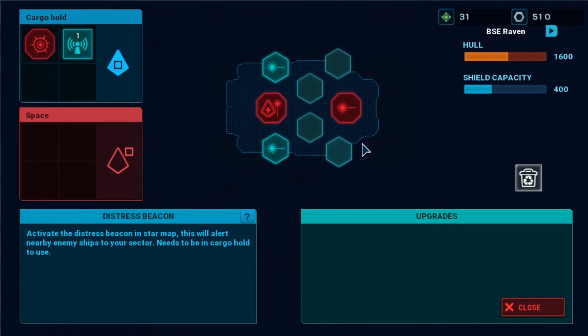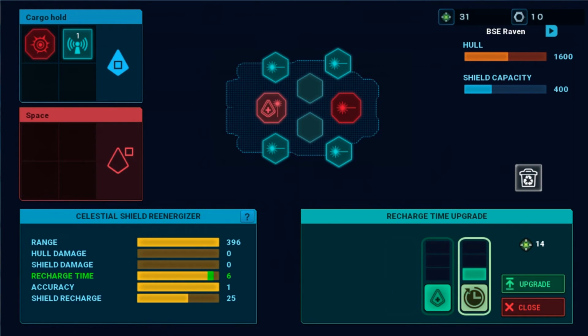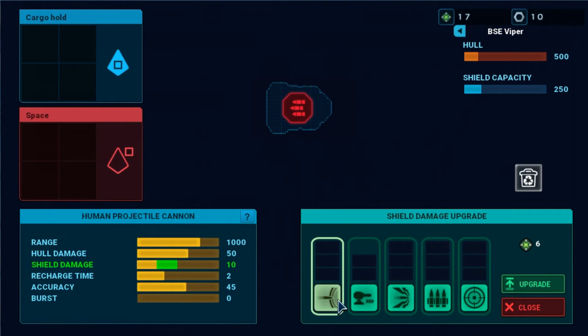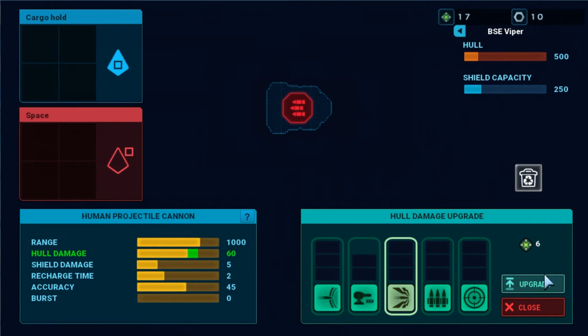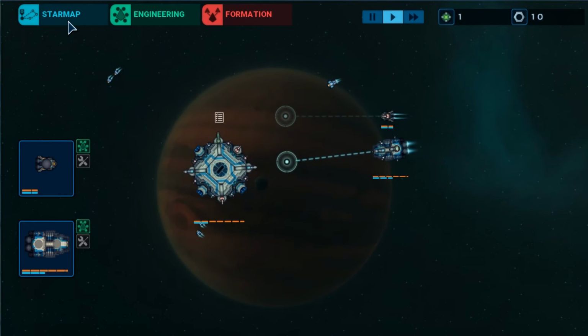Okay, distress beacon. And scrap metal and upgrades. We're gonna round out our lasers. Oh, you already had a recharge time upgrade and a shield recharge. I can afford it, so I will. You know what? What do you have? Shield damage, range, hull damage, burst upgrade. So, what is my shield? Okay, so you are going to get... Where's the hull? We need to do more damage to ships' hulls, so that is what we will do. Spend all our hard-earned upgrade points. So, yeah, this is...